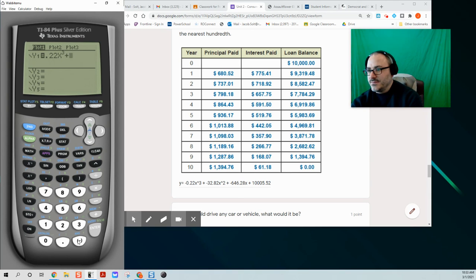Plus negative 32.82 times x raised to the power of 2. Back down. Plus negative 646.28 times just plain old x, plus 10,005 and 52 cents. All right, so I put that into my y equals, my Y1 in my calculator, and